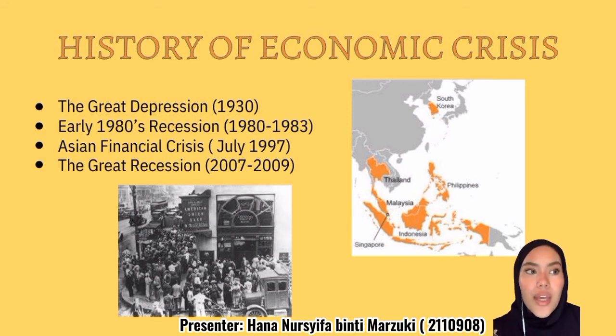Lastly, we are looking at the Great Recession, 2007 until 2009, that started in the United States of America. What happened is that the government failed to regulate financial industry policies. So there was a lot of toxic mortgage lending and a shadow banking system. What is the shadow banking system? It is when a lot of financial intermediaries create credit without being subjected to regulatory oversight. This caused a lot of excessive borrowing by consumers.